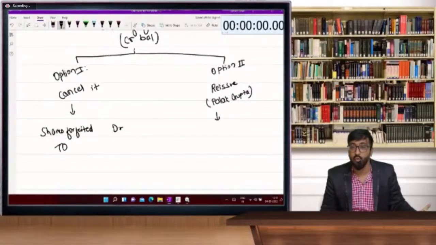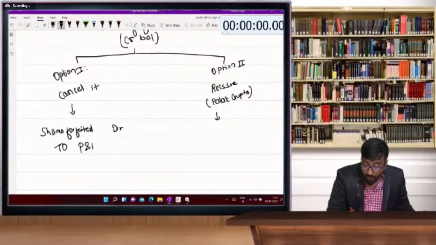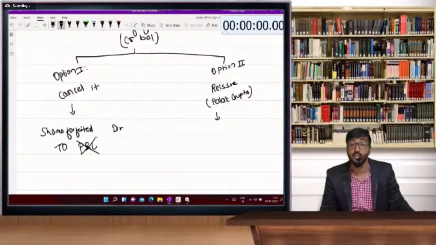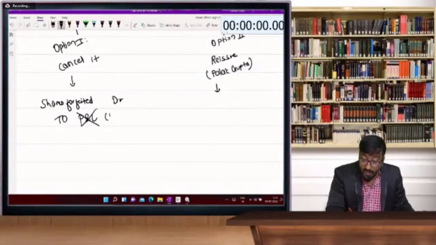To capital reserve, beta, now it's my profit. I don't want to issue it to someone. Okay, so this is my profit. And remember, this is not my regular profit. This is not routed through P&L.